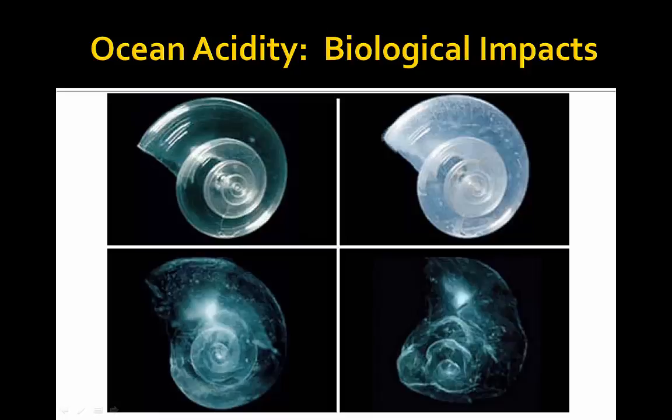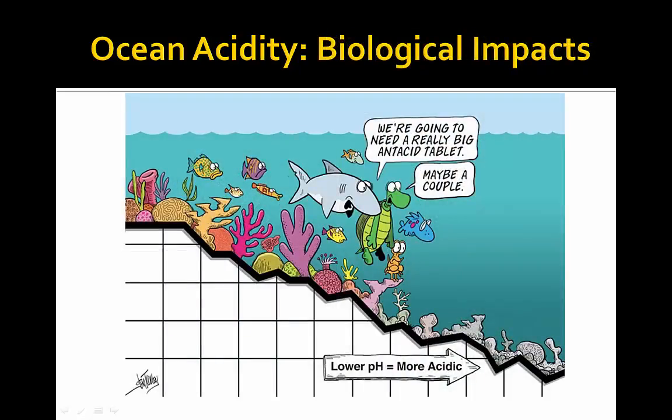Any organism that creates a calcareous skeleton, and remember from last chapter's video that calcareous ooze is the most common biogenous sediment, will have its skeleton dissolved in acidic waters. If you eliminate large portions of the microscopic organisms, those with calcareous skeletons, that will have a cascading effect on the rest of the food web. Higher acidity also causes problems with animal respiration, growth, and reproduction.